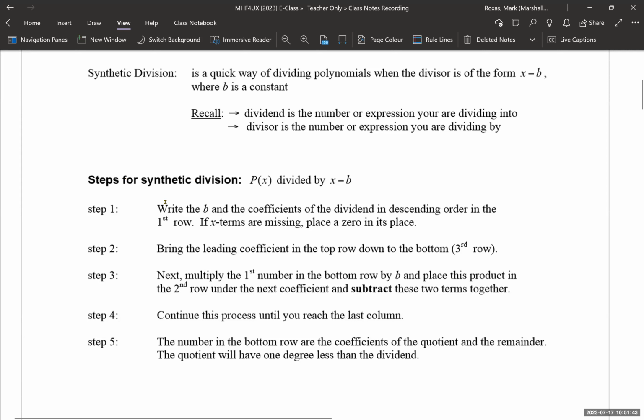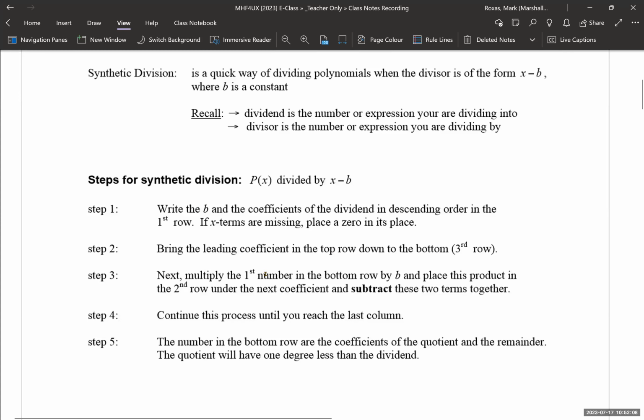So, steps for synthetic division. Number one, write the b and the coefficients of the dividend in descending order in the first row. If x terms are missing, place a 0 in its place. Step two, bring the leading coefficient in the top row down to the bottom third row. And step three,